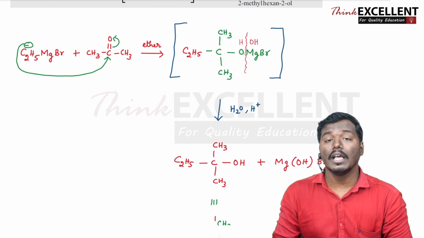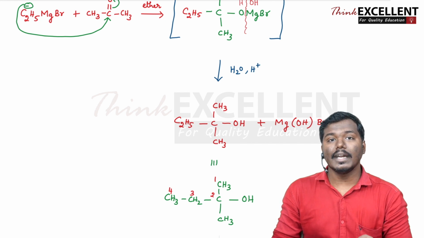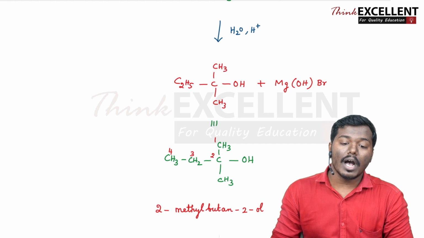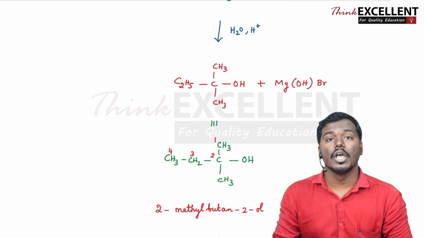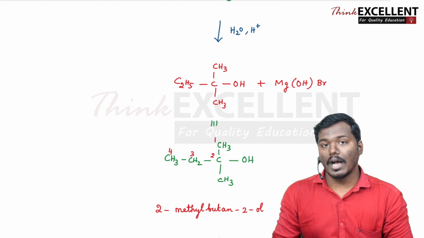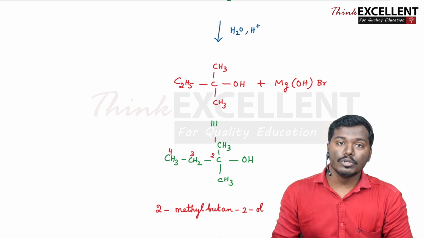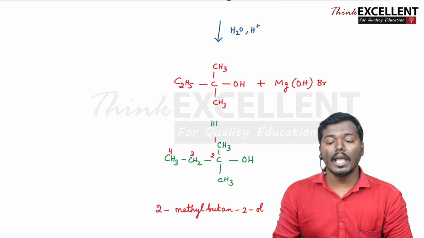you can see that you will get this type of alcohol, that is C2H5C which is attached to 2 methyl groups and OH. So when writing the correct structure, you can see that the long chain will have 4 carbon atoms, in which the second carbon is having the alcohol functional group as well as one methyl substituent. So the long chain has 4 carbon atoms, so butane, in which the second carbon atom is having the alcohol group. So butan-2-ol. At the second position it is also having the methyl substituent. So it is 2-methylbutan-2-ol.